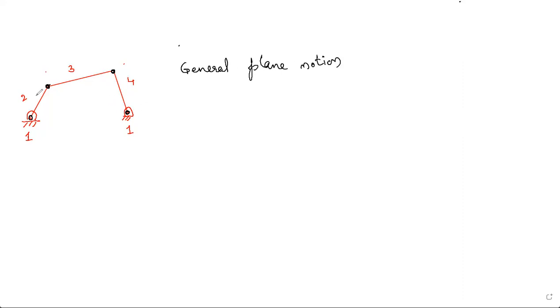Link 2 can be seen as pure rotation. Link 4 can be seen as a pure rotating member about a fixed origin, right? But 3 is having a general plane motion. So right now, let's take some link like this, and let's say that it is in general plane motion, and